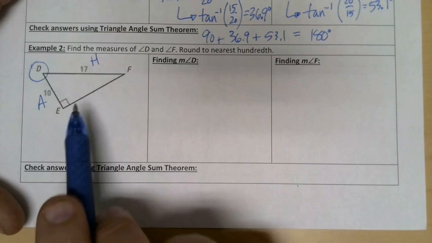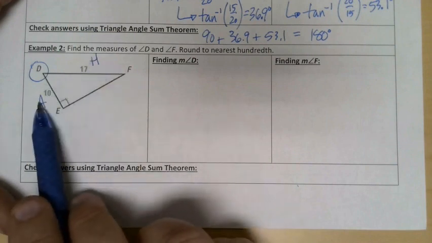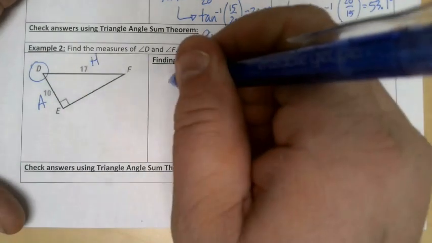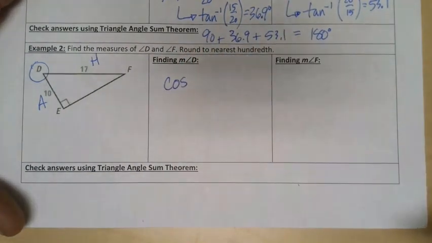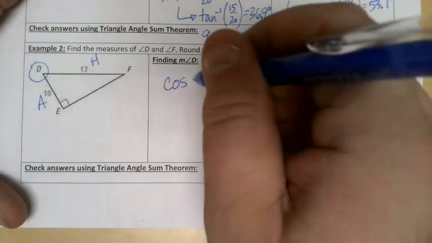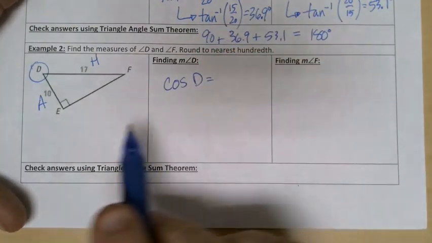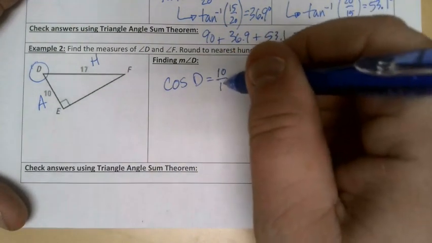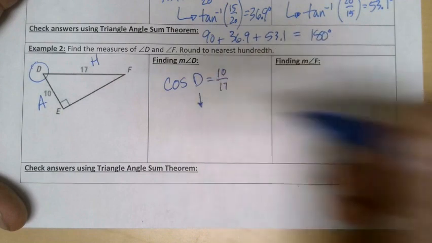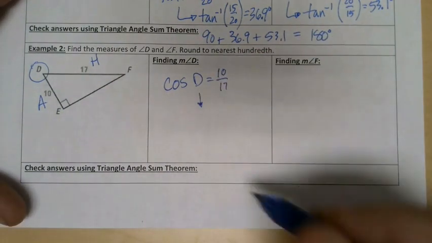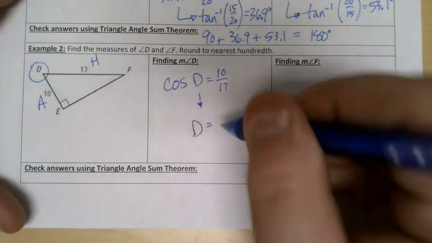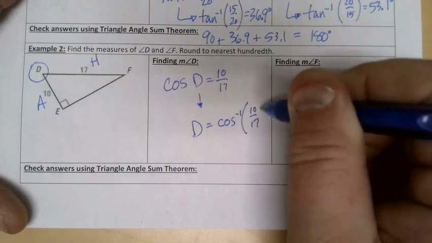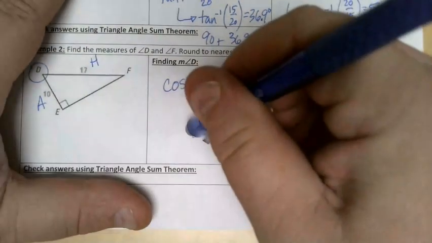But see, I don't care about this side. So the only sides I care about is the adjacent and hypotenuse. So adjacent hypotenuse, that leads me to the cosine. So I'm going to set this up. The cosine of the angle D is equal to the adjacent, that's 10, over the hypotenuse, that's 17. Now, since I'm finding a missing angle, I'm going to take the inverse cosine of that ratio, 10 over 17. And when I type that into a calculator,